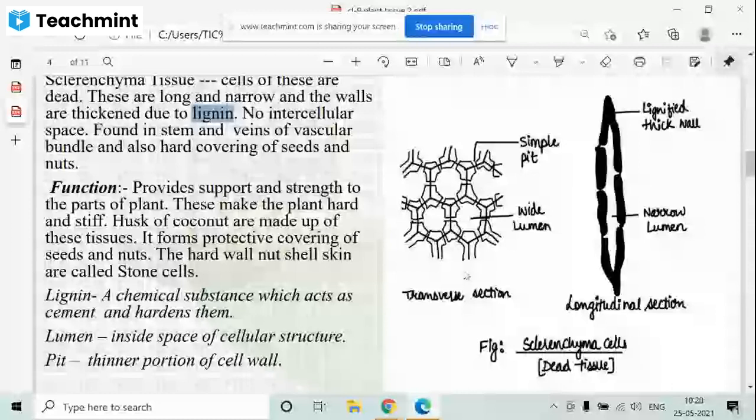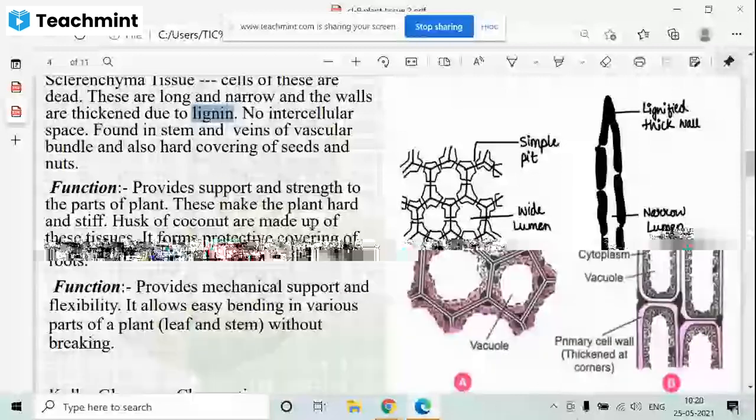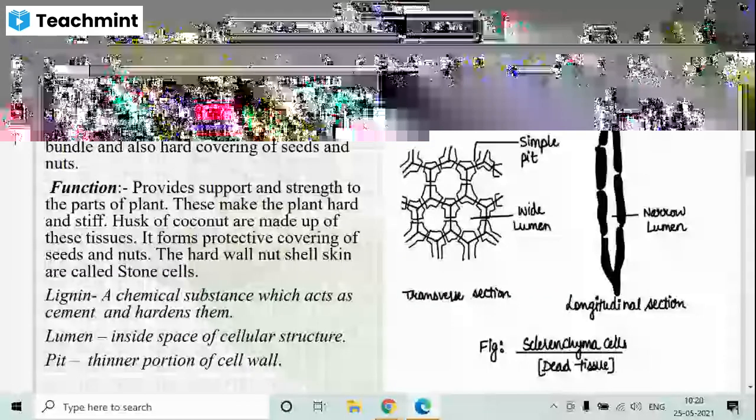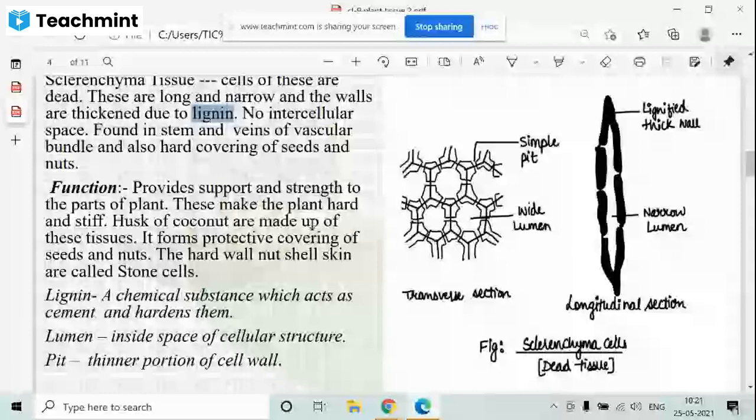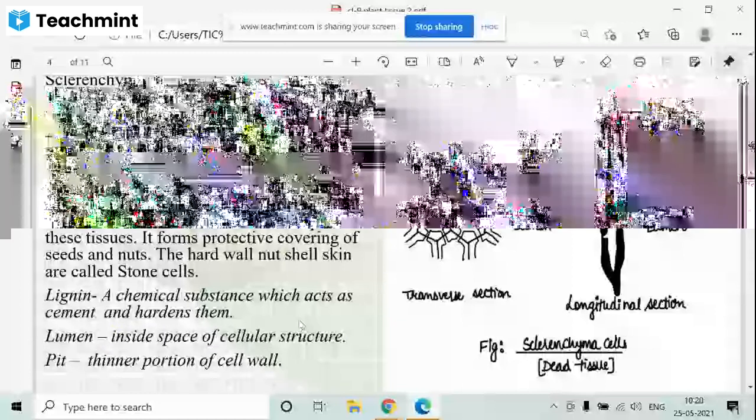Now, the sclerenchyma tissues also have two functions. One is that it forms the husk of the coconut and other fibers. When you break a leaf or a stem, can you see a small thread-like structure come out? Did you ever notice, when you break a branch of a plant or a leaf, a small hair? Yes, these are sclerenchyma tissues. Sclerenchyma tissues are present everywhere, not only in the coconut husk. They are very hard and hold the plants erect and do not allow them to break down or fall down when the wind blows. Okay, and the hard covering of the nut is the stone cells. Clear?